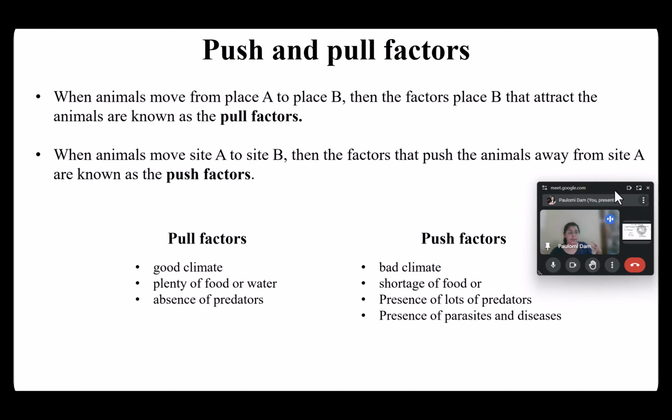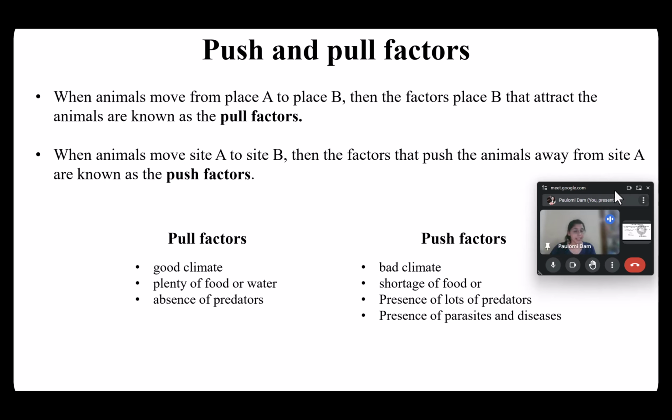You can think in terms of animal movement: these factors enable the movement of animals from one place to the other, while push factors are those that make the habitat or the environment unsuitable for the animals. So they move the animals away, they push the animals out. These are important because we are now talking about threats to species, and threats are something creating problems for their survival or their habitation. So they are also push factors. Before we move to threats, we first need to understand push and pull factors.